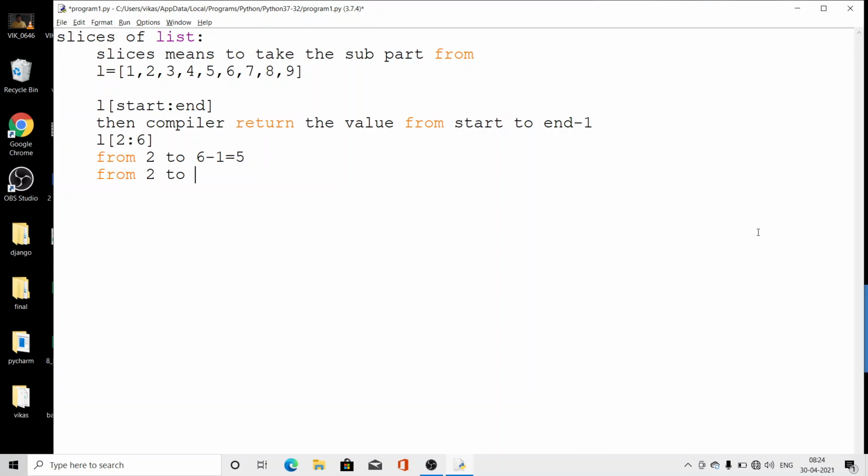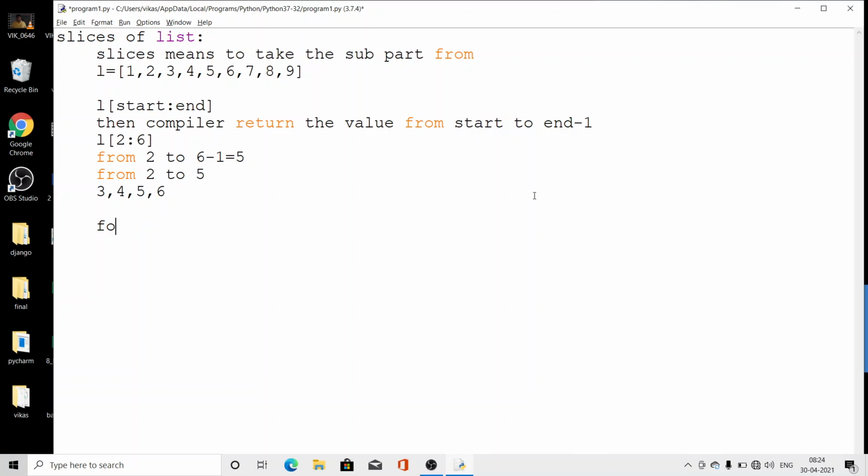That means it returns 3, 4. Look here, this one is a list. So 0 index, 1 index, 2 index. So it will give the 2 index value, 3 index value, 4th index value, and 5th index value. So the values will come 3 comma 4 comma 5 comma 6. Clear? That is known as slicing. We have another form of the slicing also.